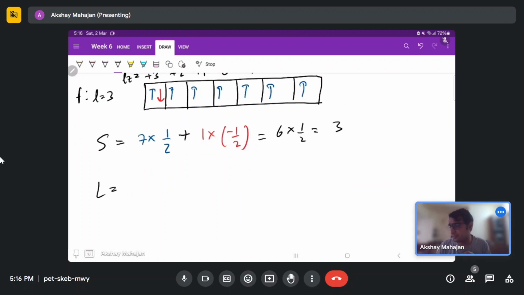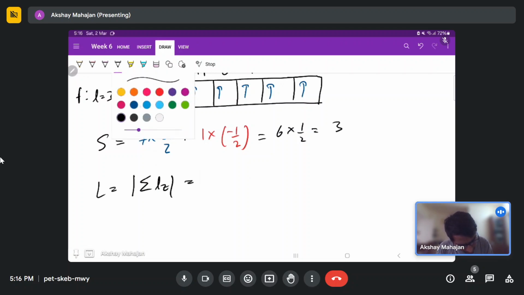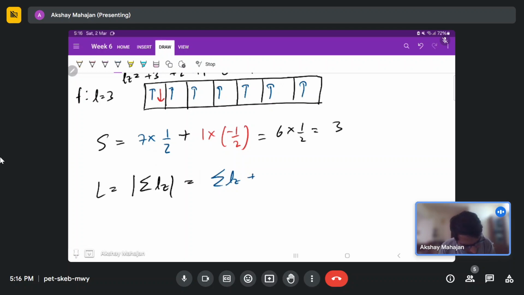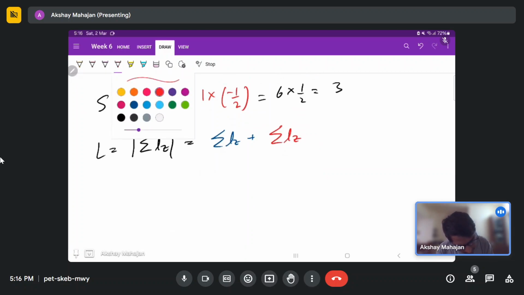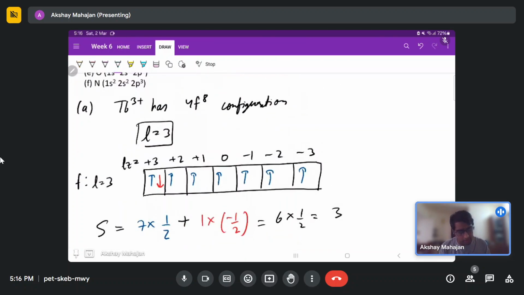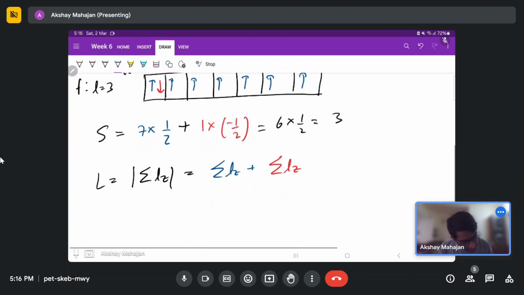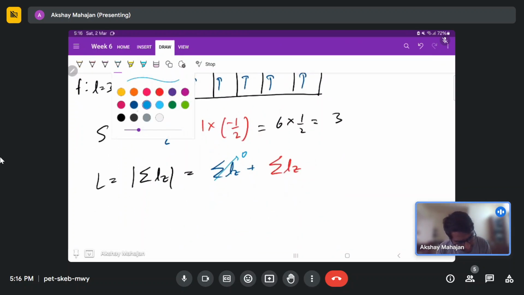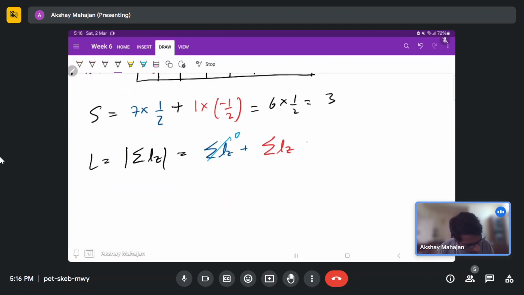Now the value of L. L is equal to the summation over Lz. First we will have a summation from the spin up, and then a summation from the spin down. From spin up the summation will be 0, because all the states are filled. For spin down we just have one electron, so that gives +3. And then since the 4f shell is more than half filled,